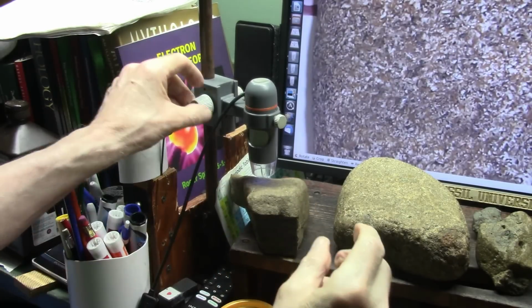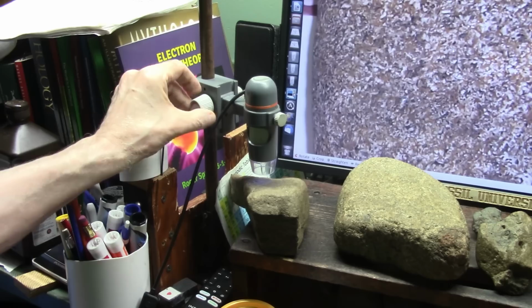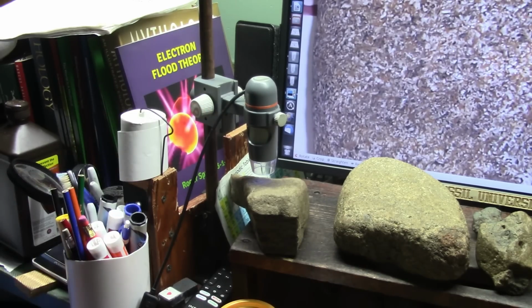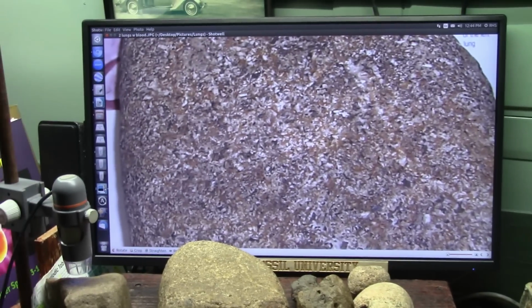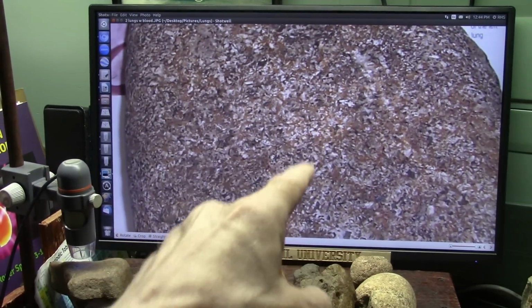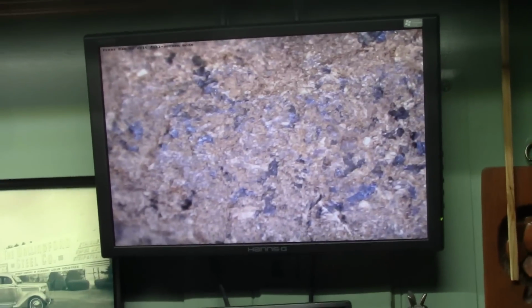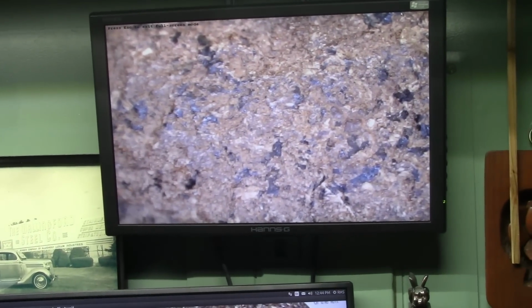Now I'm going to try to focus in on this. Hold on. Now I have to turn the lights off. Now, you see, we're looking at Caesar. We're looking at that lung, which is that lung right there. That's the fabric. There's Caesar. Now we're going to come up here, and there's Caesar in the microscope. Now let's turn this off so you can get a better shot at it.